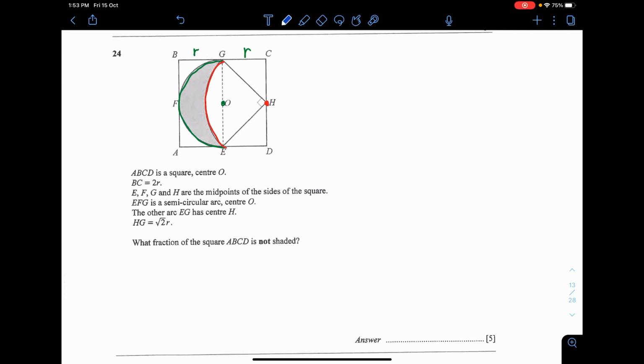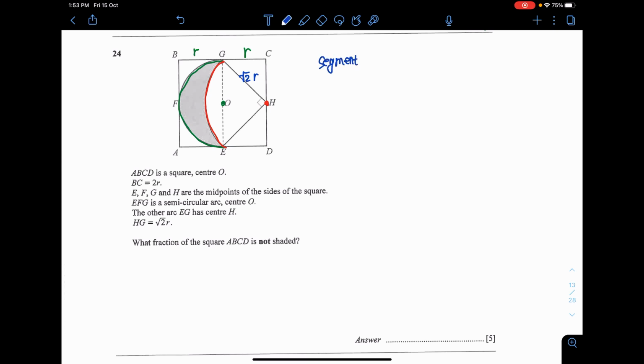Length of HG is square root of 2 times r. Okay, find out the area of the shaded and then find the fraction. Okay, let's see, what can we do here? If I want to find the shaded area, I think I need to see this part here. Okay, that is the segment. Okay, the segment area